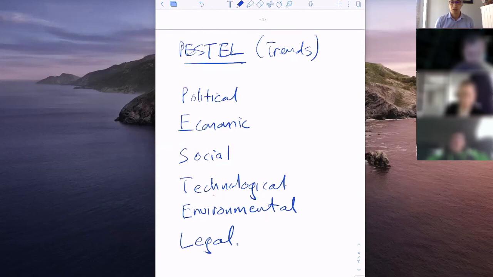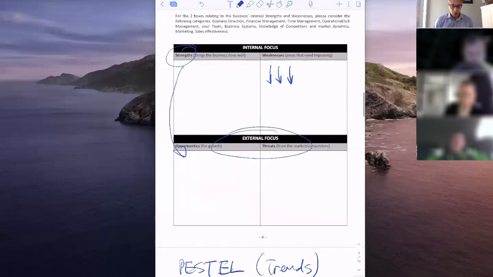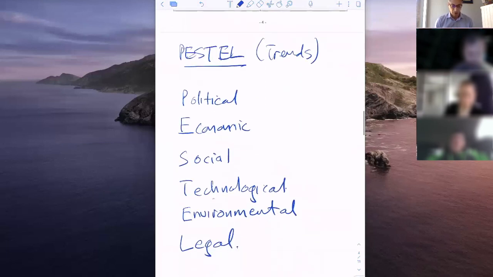And lastly, legal. What's happening legally in the environment, the way you deal with your customers. A good example of that is we had Vanessa from EC Credit Control on at the last quarterly growth day, talking about terms and conditions, PPSA. There are always legal things that can impact how you do business. All right, so that's my education piece for this morning. It's really SWOT, which everyone's aware of, but then looking at these opportunities and threats in light of this PESTEL analysis. All right, so what I might do is just